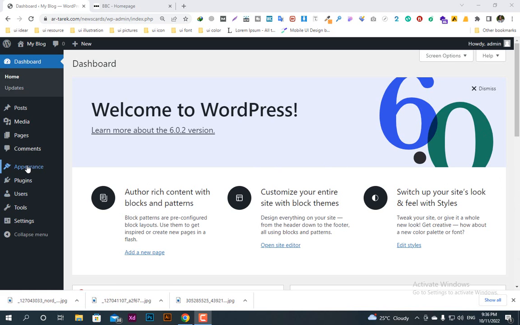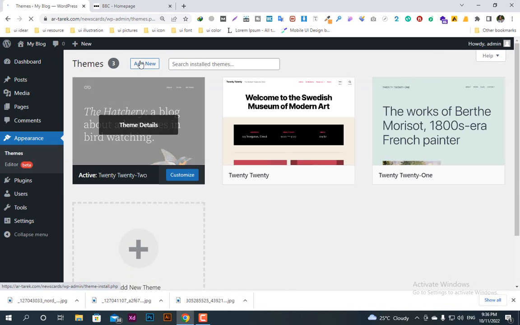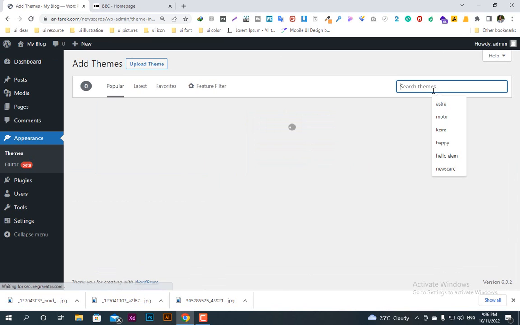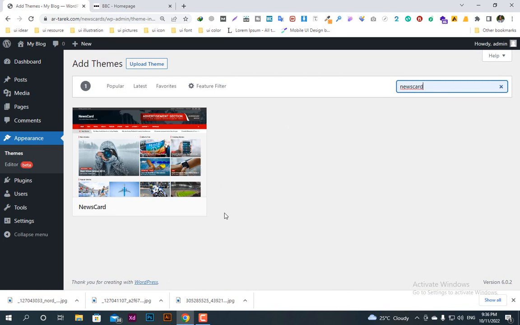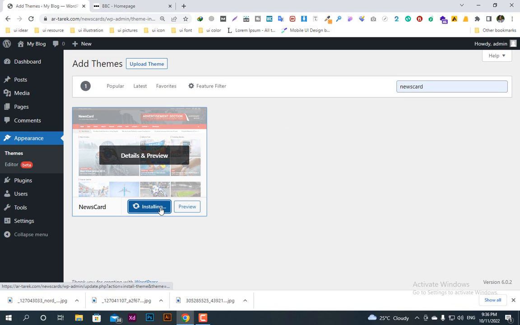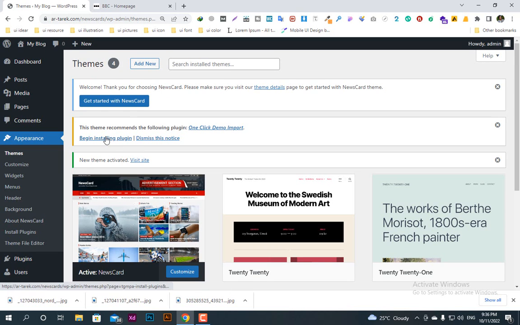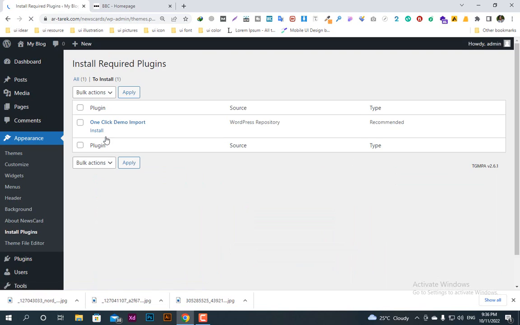Okay, all of us will go to Appearance, then click on Theme. Then Add New, and then we'll search News Card. And then we will install this theme and activate. Now they are recommending us to install a plugin. We'll do so. Install